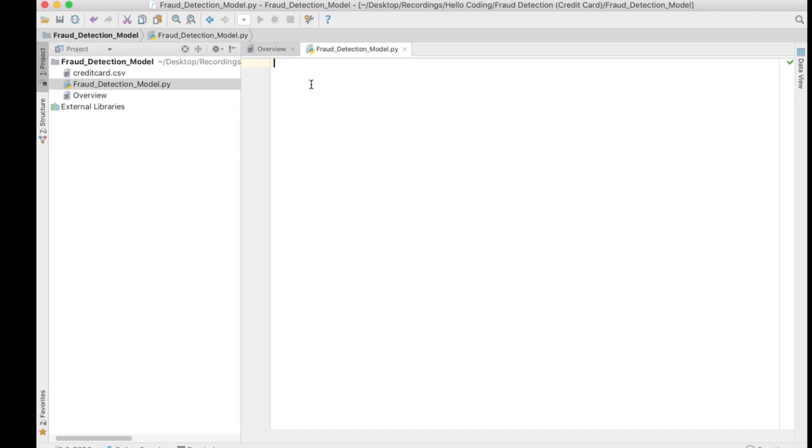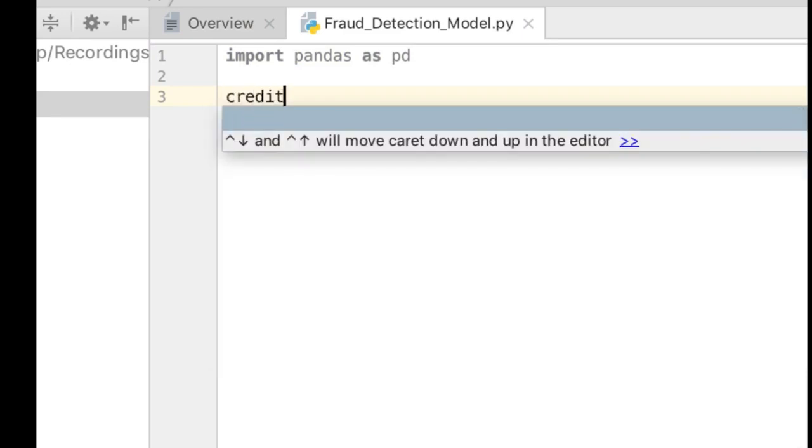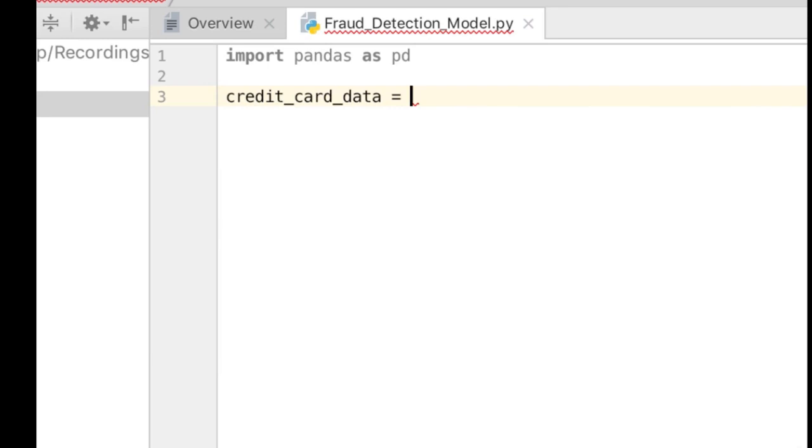Now, in order to gain access to this file as well as be able to manipulate it easily, I'm going to import pandas, and I'll do so as pd. And pandas is basically a library that gives us access to a lot of big dataset manipulation functions, which just make it really easy to take in a file, store it in a variable, and then perform various manipulations on it, such as separating the dataset into XTrain and YTrain data, as well as a lot of other manipulations. So we're just going to store the results in something called credit card data, and it's just going to be equal to